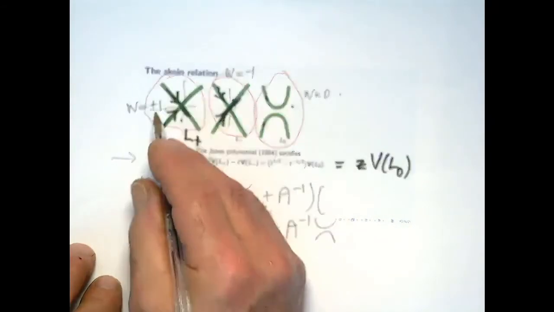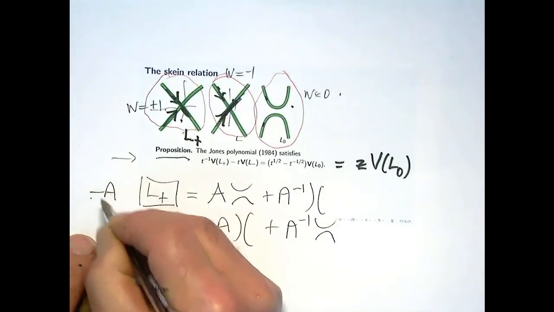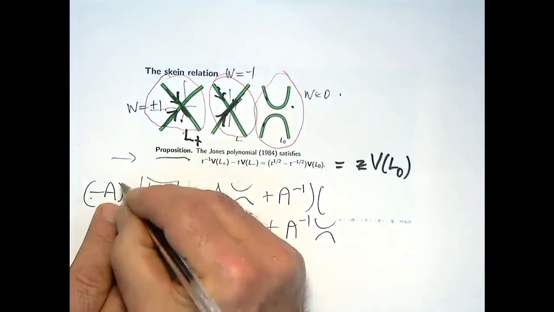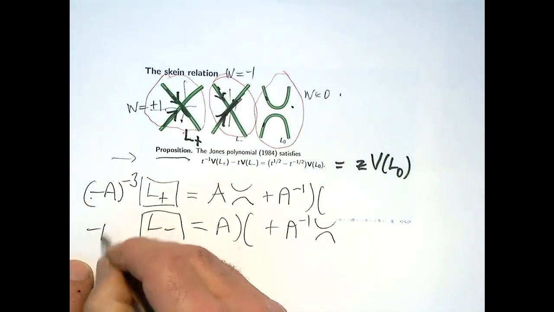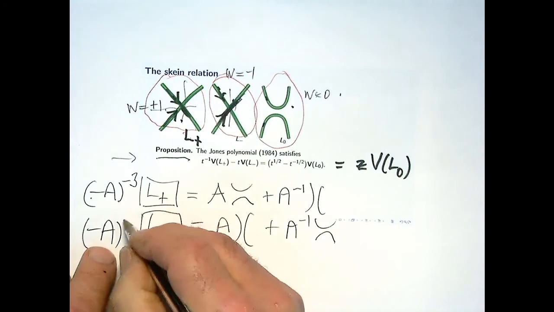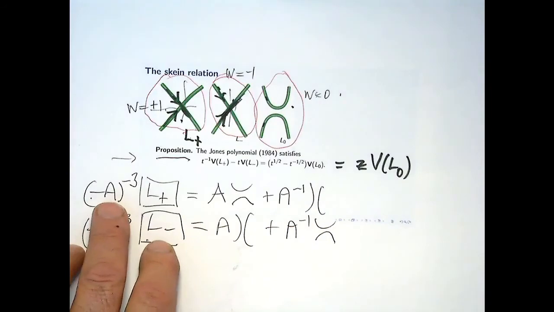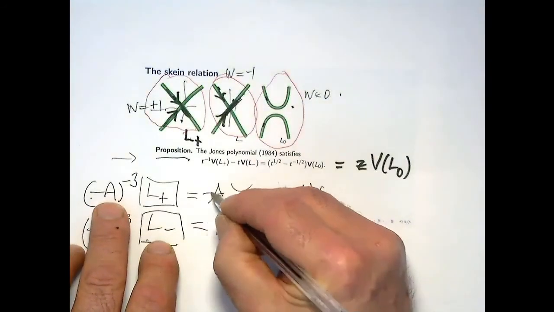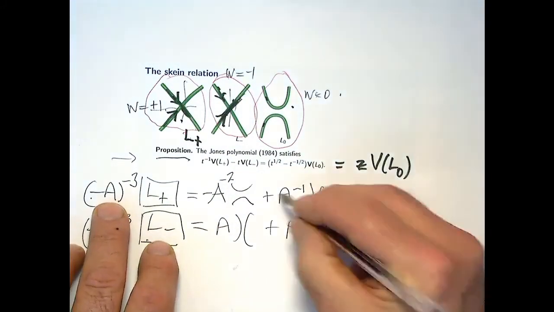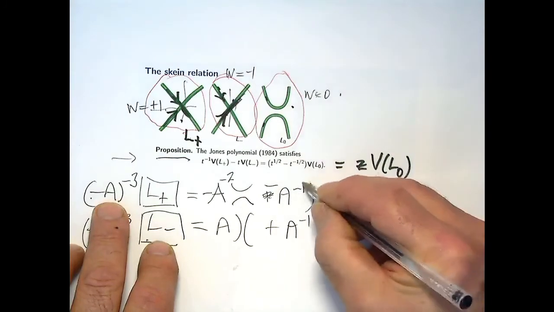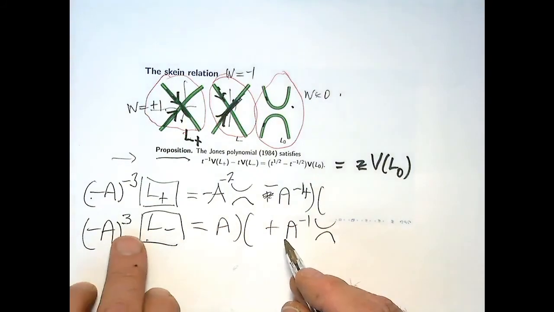so I can do that very quickly. For L plus the writhe is plus 1, so to get the Jones polynomial I would have to put in minus A to the minus 3 times the writhe. To get the Jones polynomial for L minus, I'd have to put minus A to the minus 3 times the writhe, which is plus 3. So that would make this minus A to the minus 2, do you agree? Minus A to the minus 4. Here I've got minus A cubed